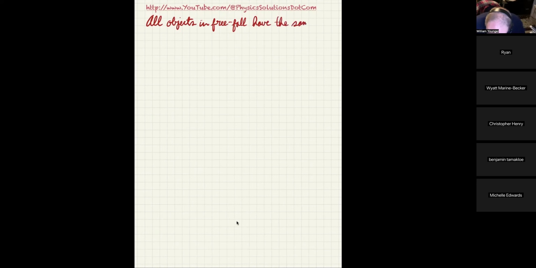All right, so what we found out is that all objects in free fall have the same acceleration at any one particular location